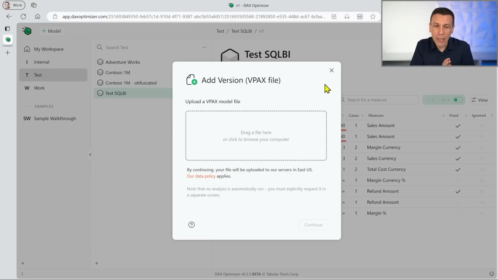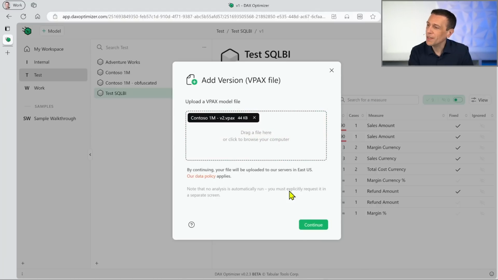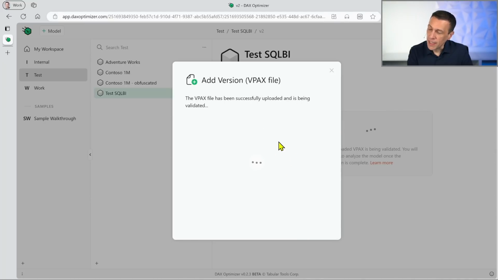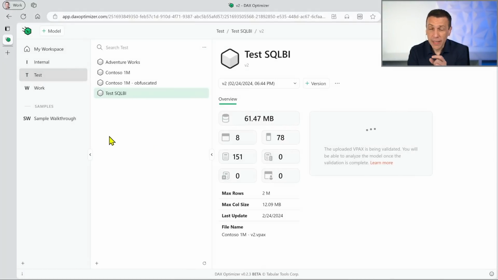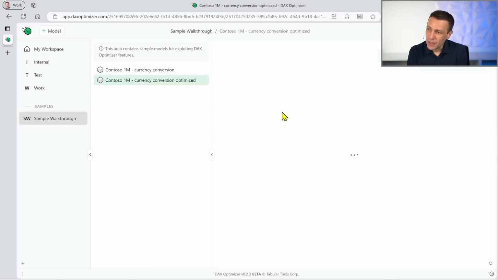this measure, but how can DAX Optimizer be sure that we did it? In the next release, if I declared an issue as fixed, it will be validated again, making sure that that issue is not present anymore. So I have to copy the file from here to here, continue. And while this validates the data, we can take a look at the sample walkthrough where I have a very